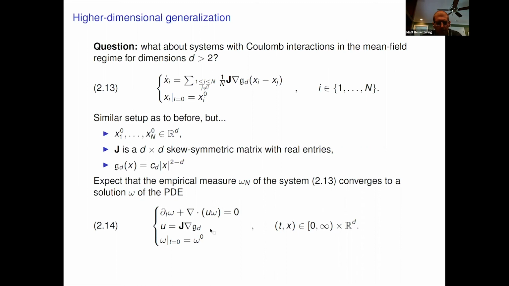My apologies. One thing I should emphasize is that this is not 3D Euler, or the vorticity for 3D Euler, for several reasons. First, this is a scalar omega, whereas the vorticity for 3D Euler is a bona fide vector. And also, you would be missing a vortex stretching term. So this is a very different object.